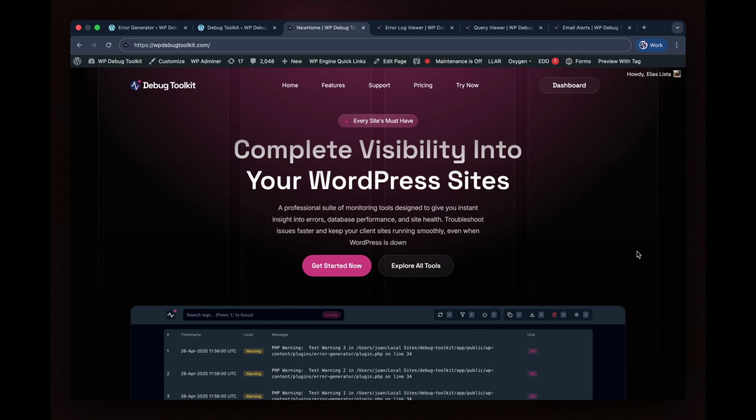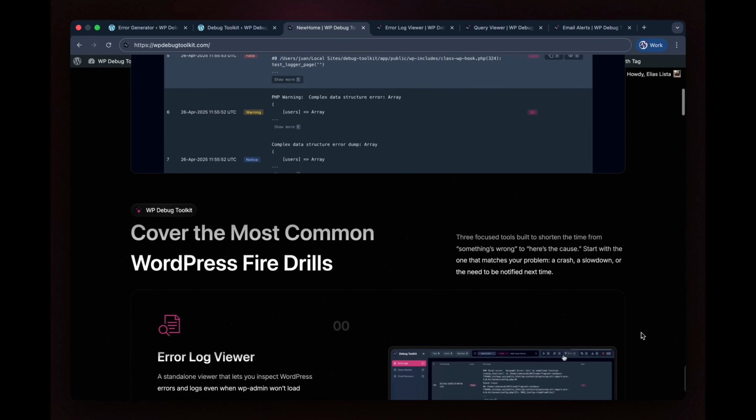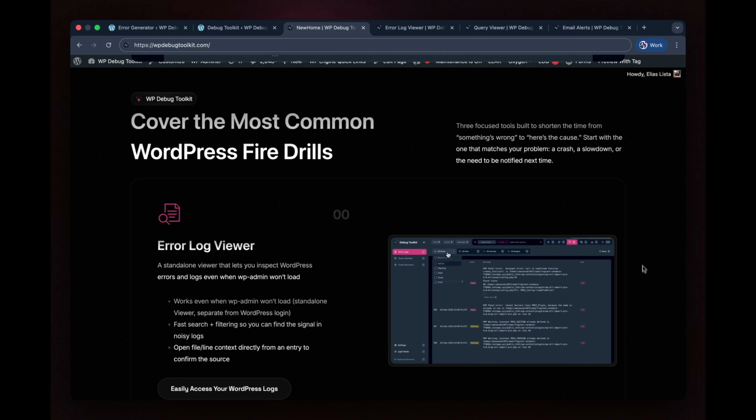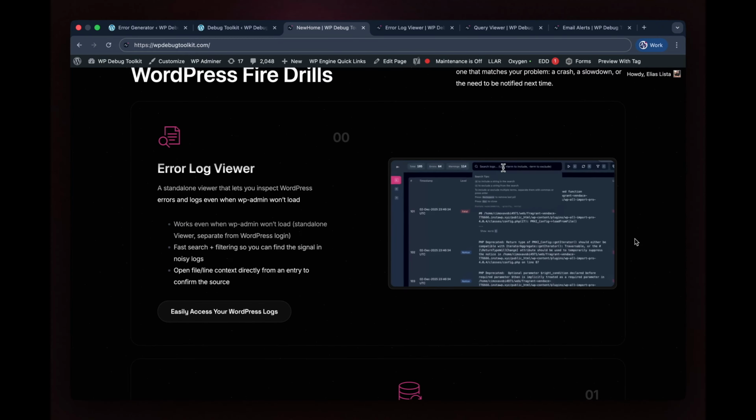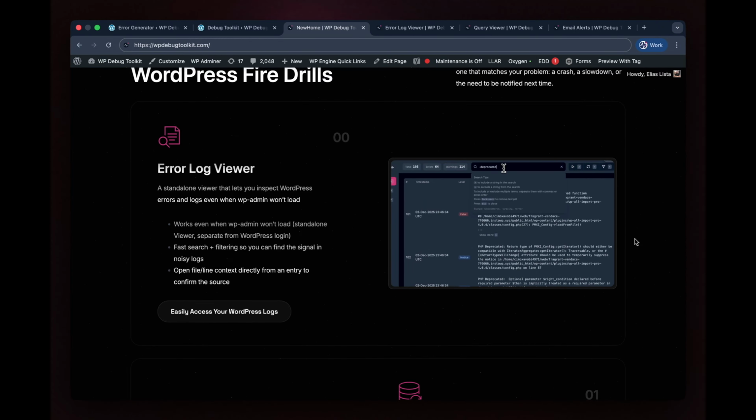WP Debug Toolkit 1.1 is here and brings some exciting new features that I can't wait to show you. You can read all about it on the website and in the release post. But essentially, I'm just going to walk through all of them real quick so you get an overview of